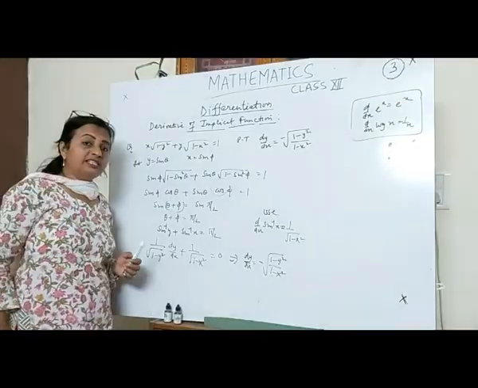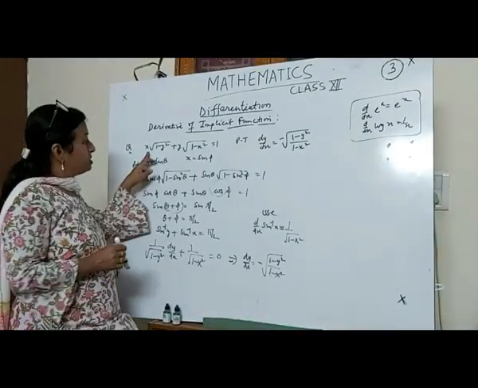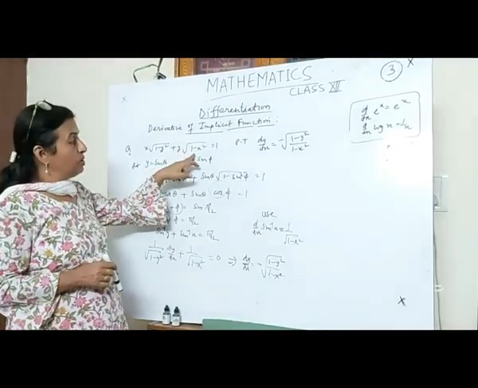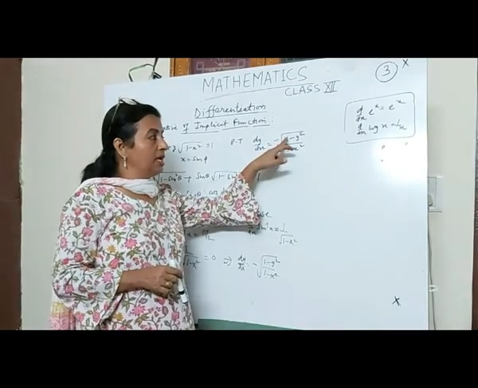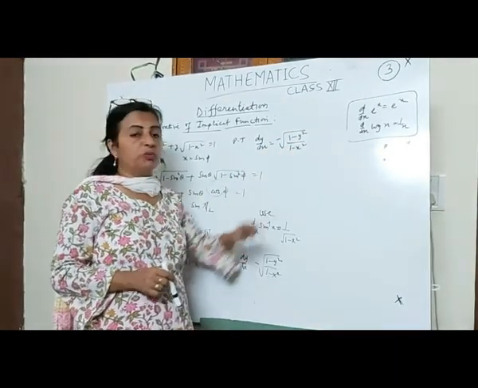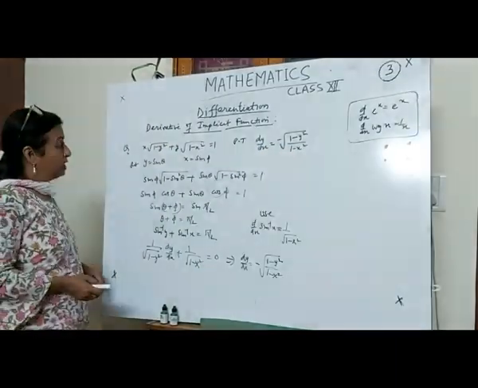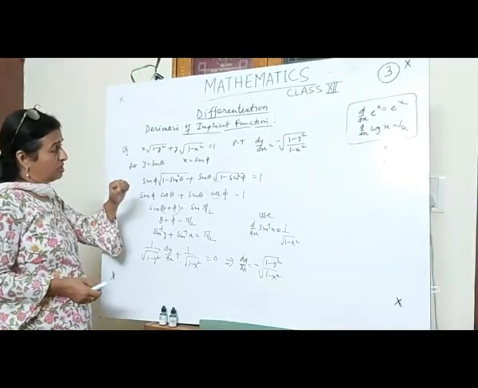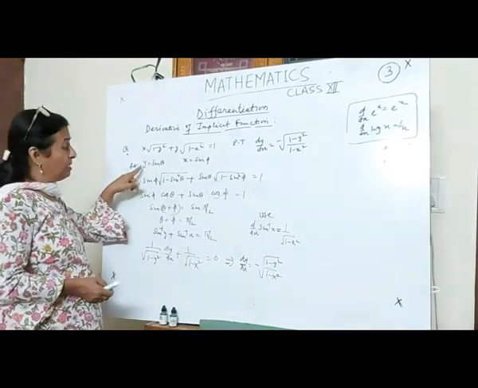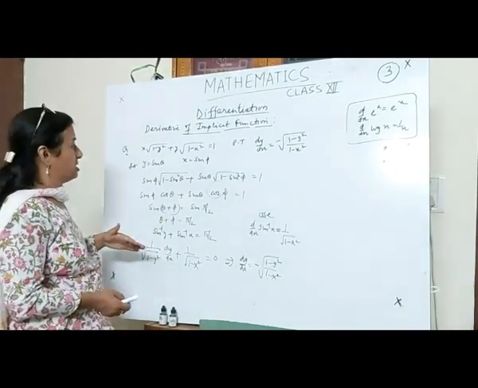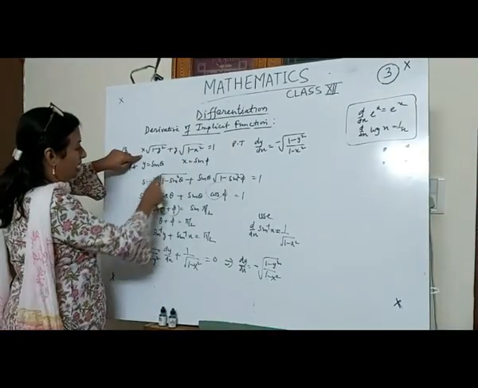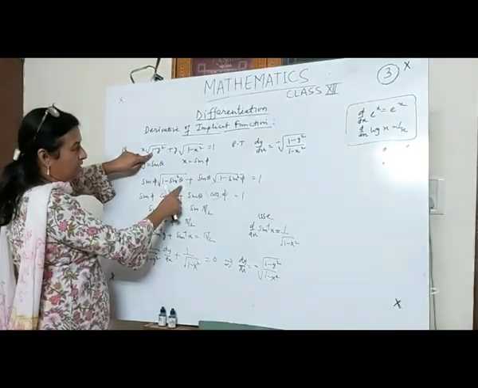Okay. Our next important question is x root 1 minus y square plus y root 1 minus x square is equal to 1. Prove that dy upon dx is minus root 1 minus y square upon 1 minus x square. Now you can see this is 1 minus y square. So if I put sin theta in place of y and in place of x I put sin phi, it is more convenient. X is sin phi, 1 minus sin square theta